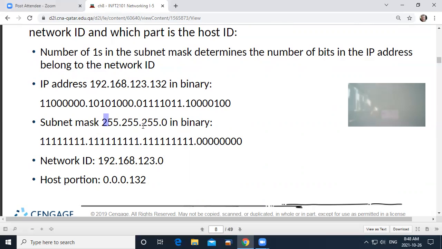We've changed it from binary to base 10, so we can represent it like this. But this is what it looks like in binary form: 8 ones, 8 ones, 8 ones, 8 zeros. That's the subnet mask for a C-class network.